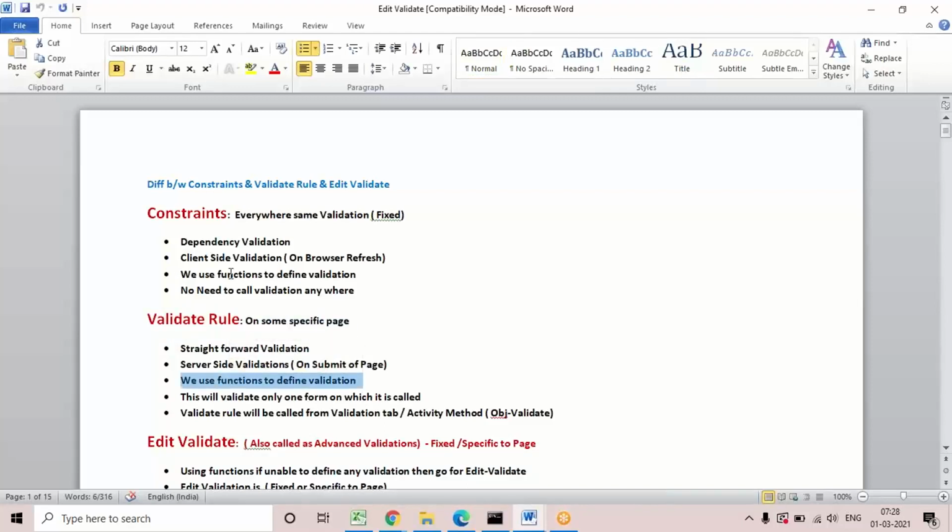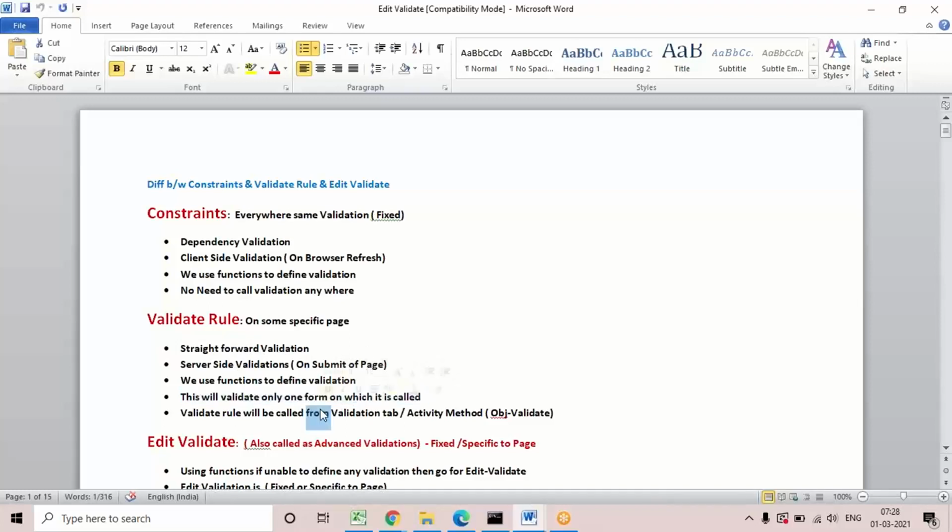And what functions do we use here? The same functions we use in the validate rule also, but the template is slightly different. In the constraint you get a template like require that, but here we don't get require that in the validate rule. And here at a time we can validate only one form's properties.